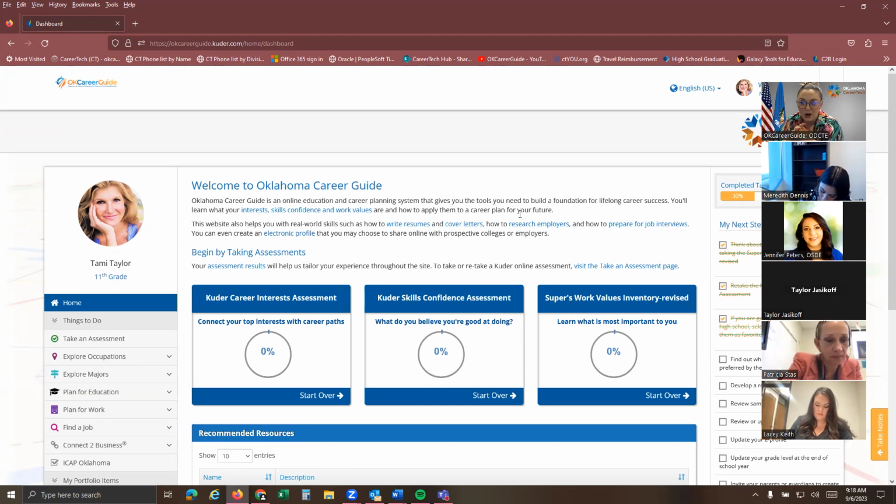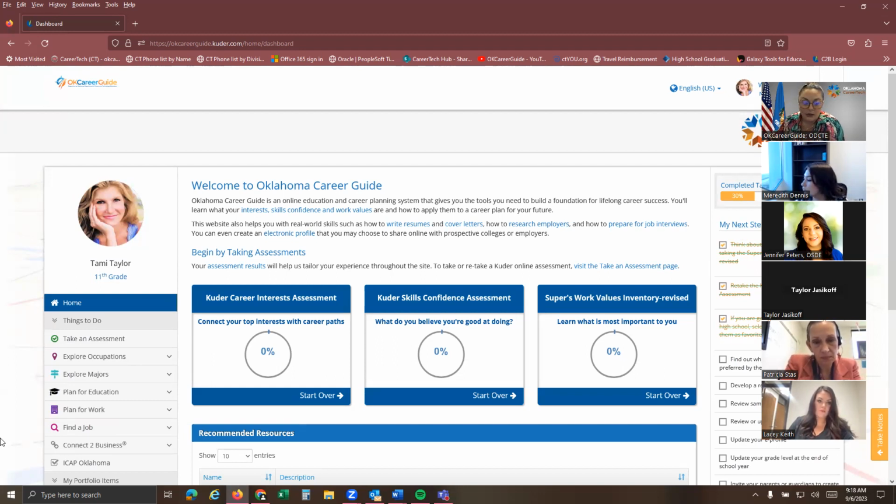Then we've got the skills confidence. So that's what students typically feel like they're the best at, what they're strongest at. And then we've got work values. And work values is going to show them a representation of what is most important to them within a job, a workplace, a work setting. That could include finance, that could include income, that could include prestige, challenge, coworkers.